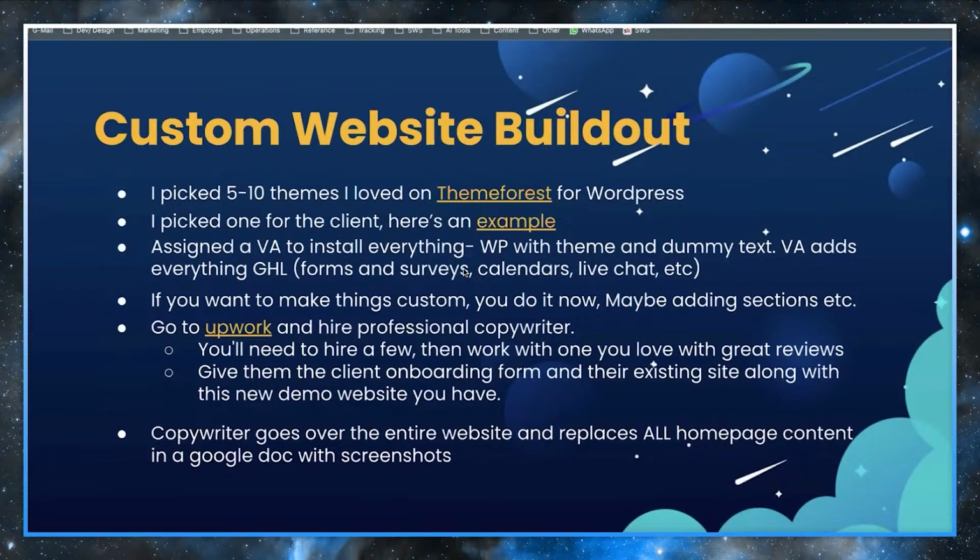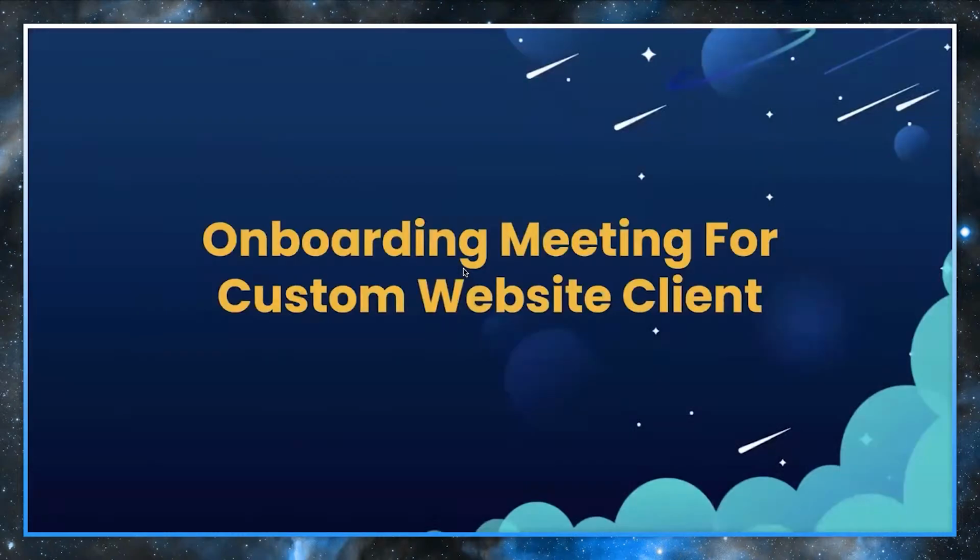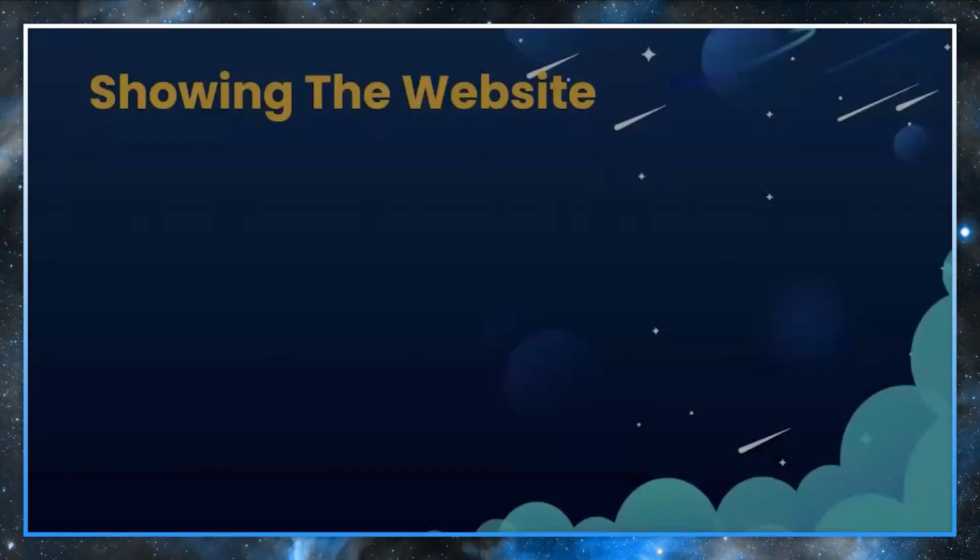I typically go over the homepage first. I do a meeting with the client. This is just for the custom website, by the way. I do the first meeting just going over the homepage and the theme, and I show them everything, because I don't want to build an entire website and then have them tell me, actually, I don't like how this looks, and then we have to switch to a different theme. So I show them the homepage. We have all the content on the homepage, and then you go and build the rest. So this is how it works. You just do the homepage, onboarding meeting for the custom website client.